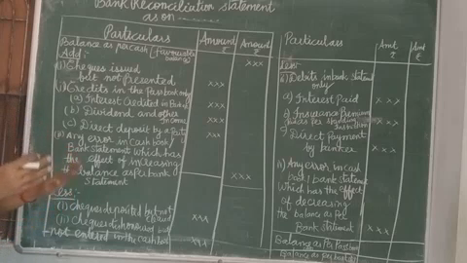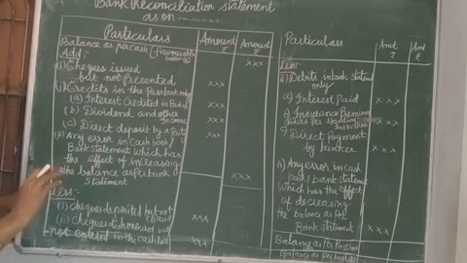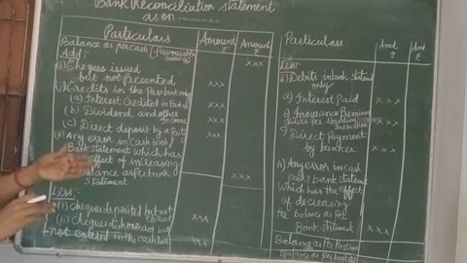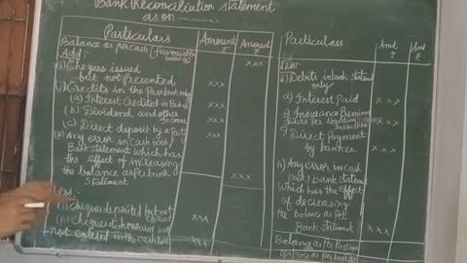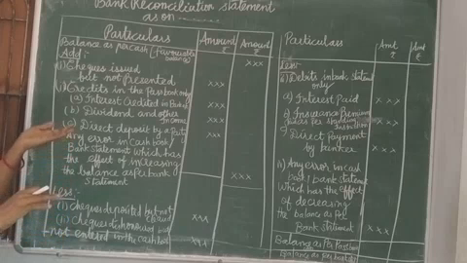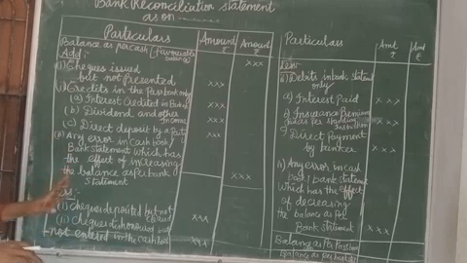Suppose the creditor goes to the bank and deposits the check, which means he presented the check, then our bank balance will be reduced, isn't it? Already yesterday I explained with an example. So until then our bank balance will be more. You can understand the concept. It is very easy for you.